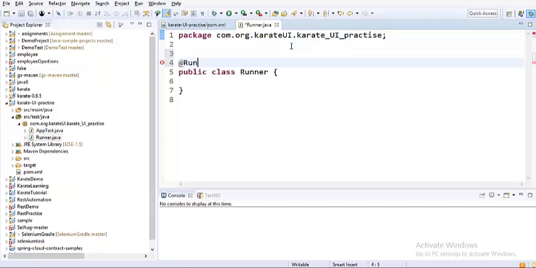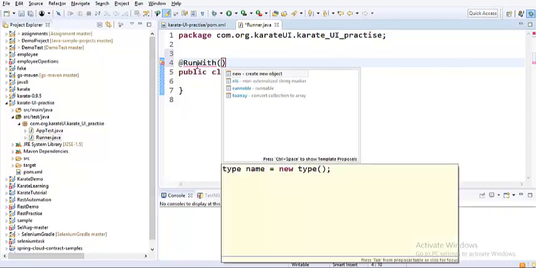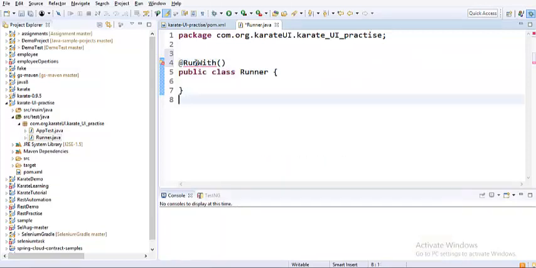So run with, this annotation that is coming from JUnit 4. Control space just to identify. I think I got it. So let me add JUnit 4.